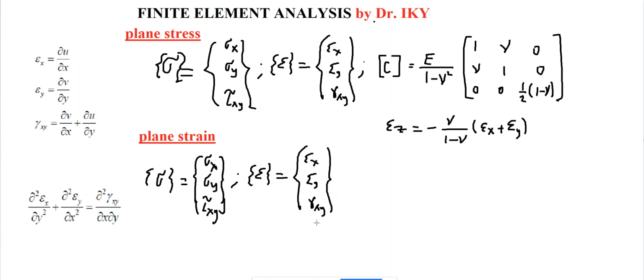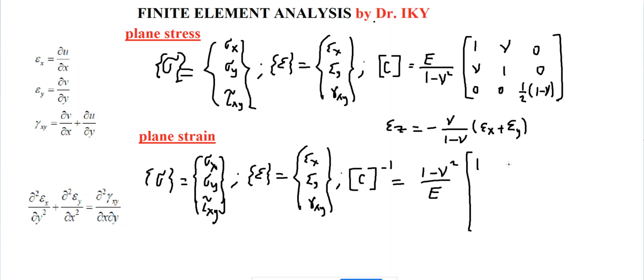Here the thing is changed. Let me write it here. For the plane strain model, we should express it inverse, (1 minus mu squared) over E, in matrix form,